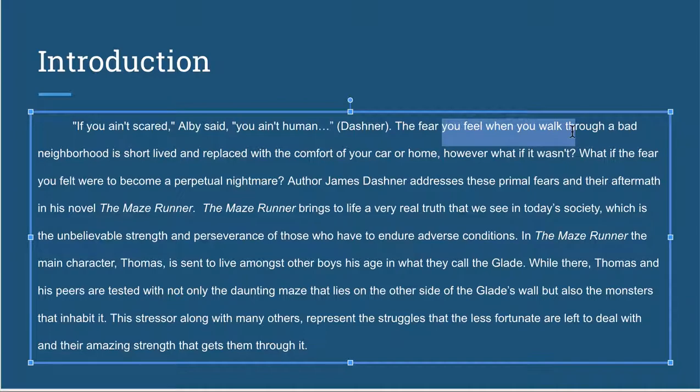So give it a second thought if you've used second person, and make sure that you are using it for a good reason. All right, so I would take out you. In this case, I would walk through this sentence and take out you. So the fear you feel when you walk through a bad neighborhood is short-lived and replaced with the comfort of your car or home. This also isn't a great sentence. So I would revamp this whole sentence into something like,